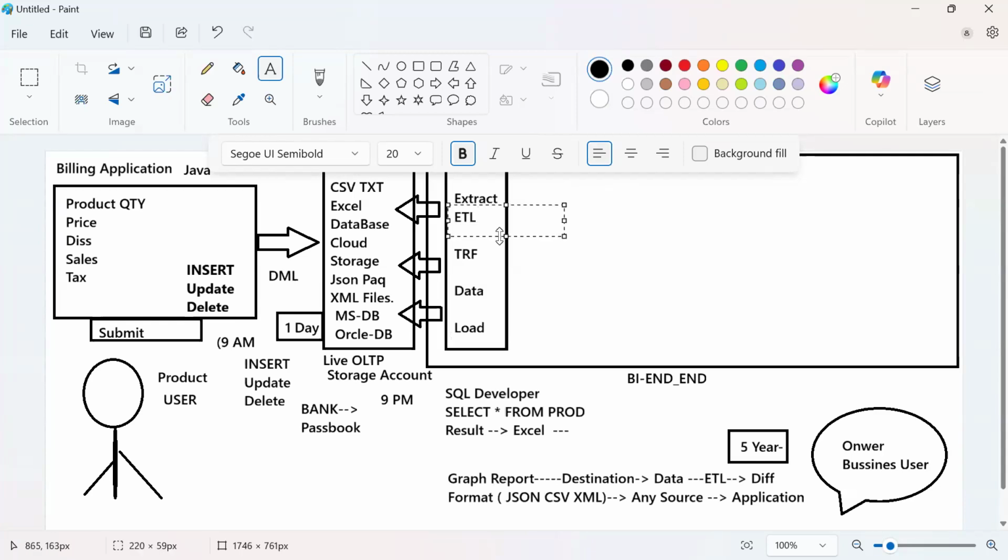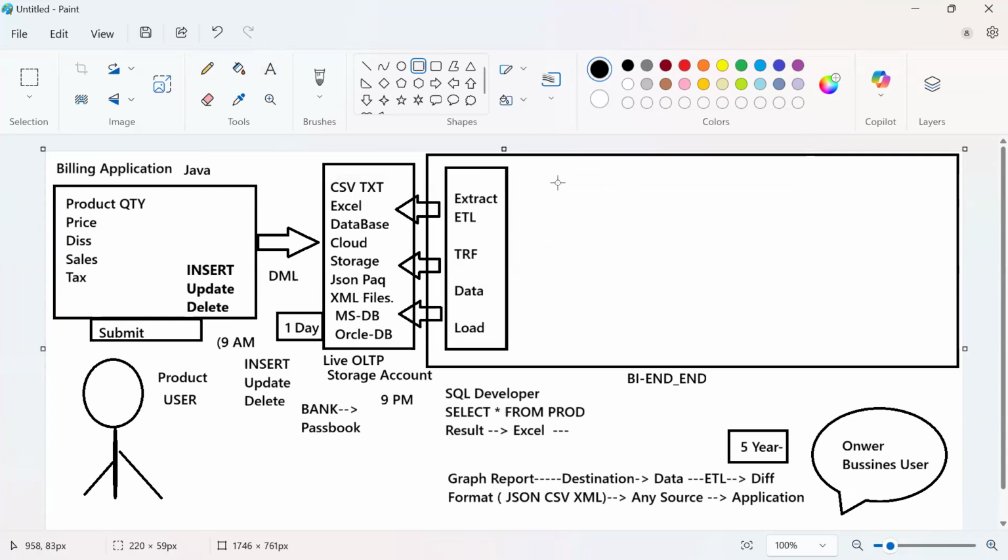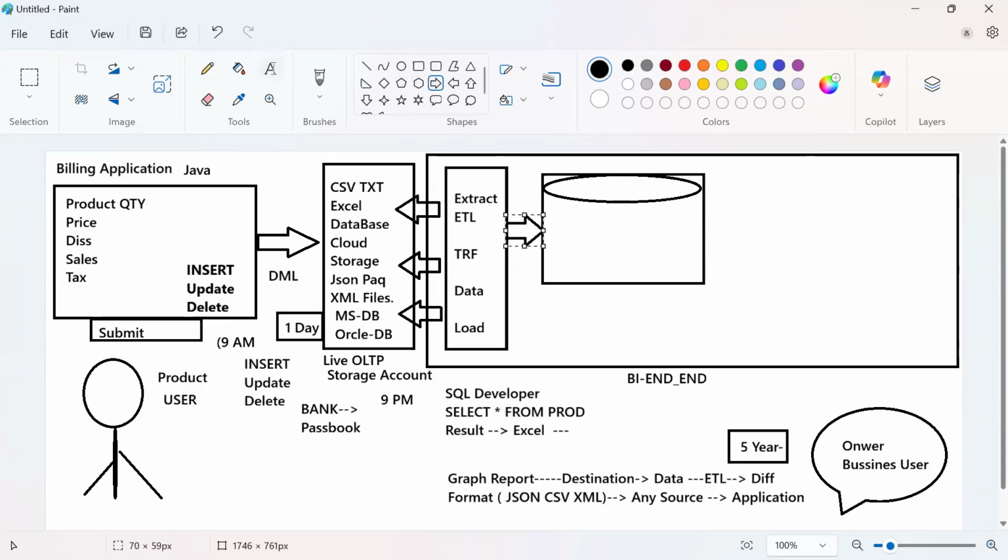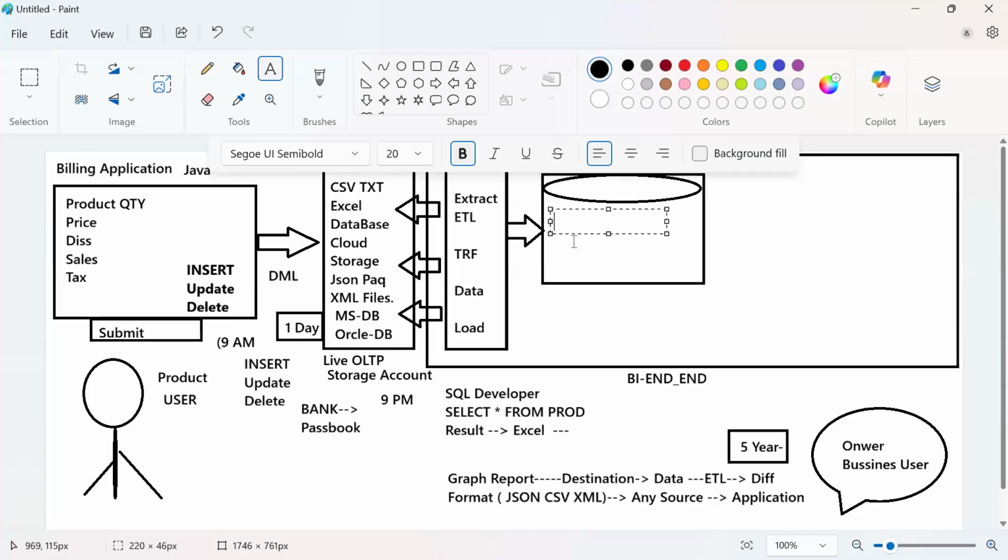If you know this tool, there are a lot of jobs and requirements. We load the data into systems called data warehouse systems. This is called the extraction and loading process. I'm going to load the everyday data, and after 9 p.m. I start on the historical data.